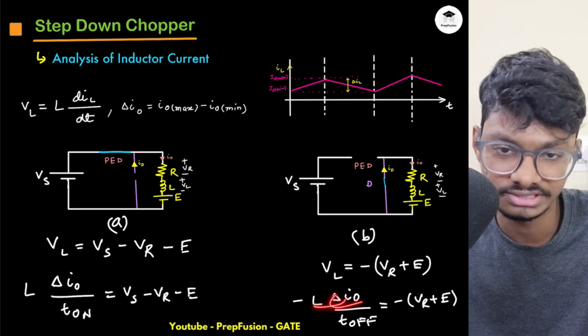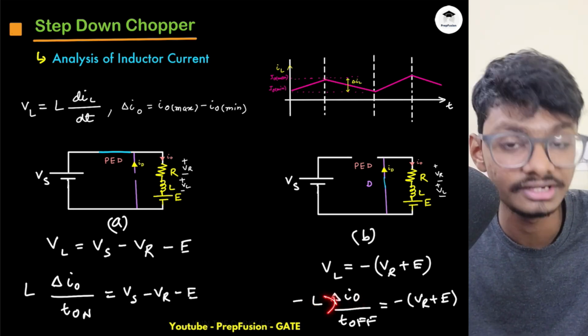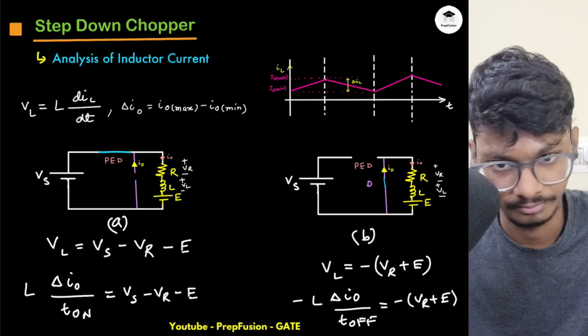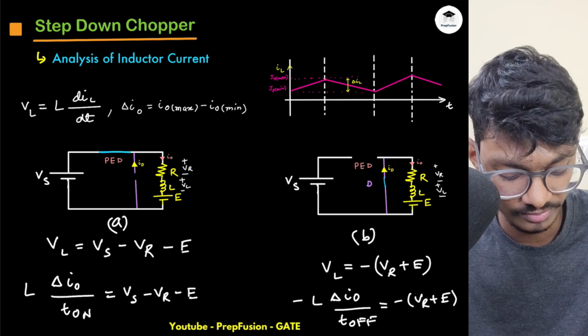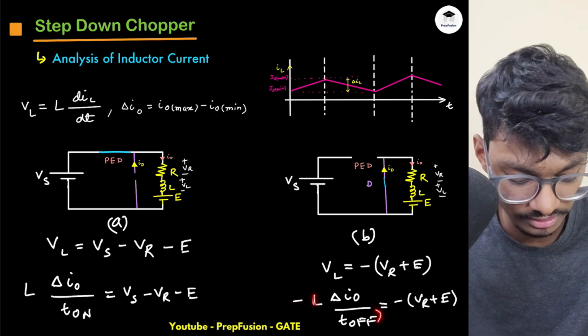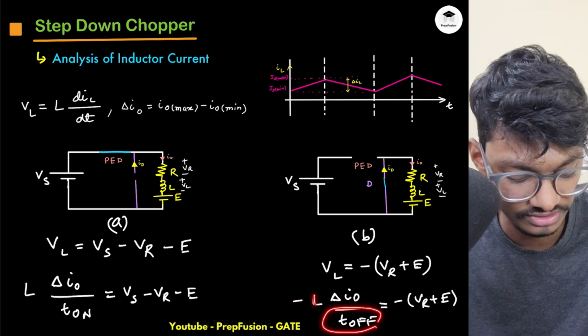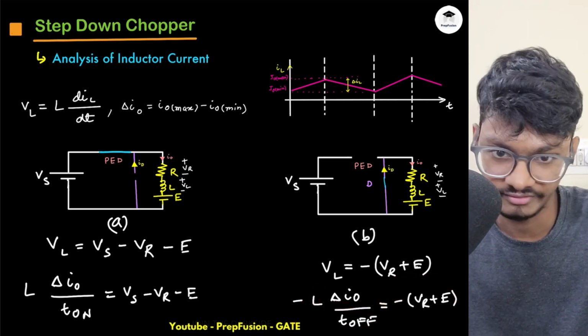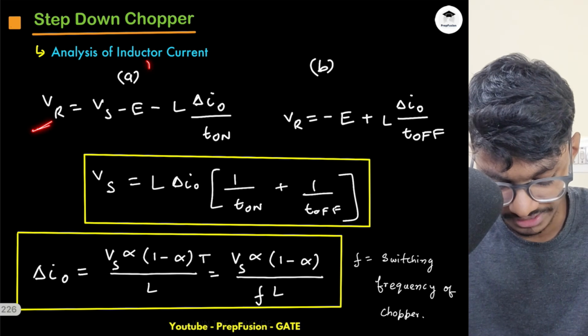The reason is that here the current is reducing. I am going from maximum to minimum, so finally it is minimum, initially it is maximum, so it becomes minus delta IO L into the duration T off during the off period, and obviously here the voltage is negative, so it gets cancelled. And if you want to do the derivations, basically for case A,